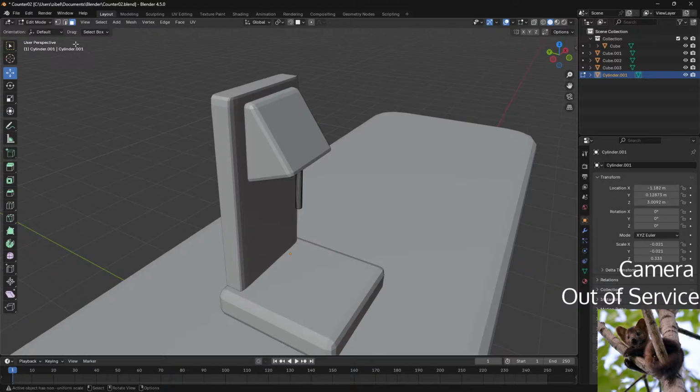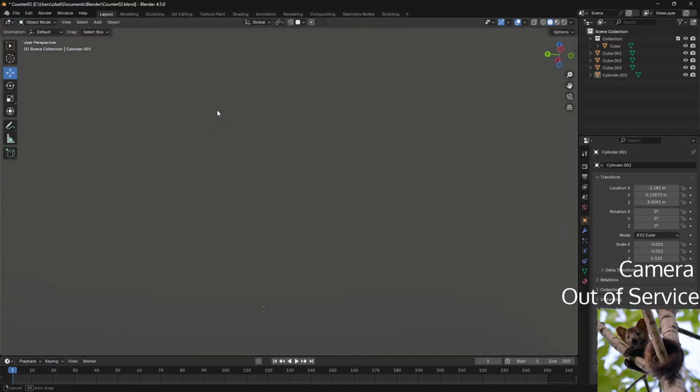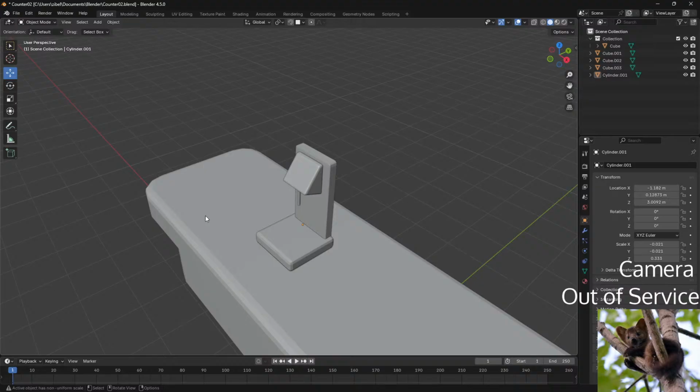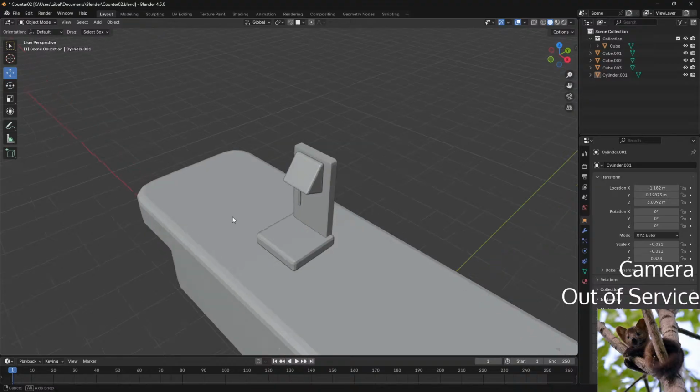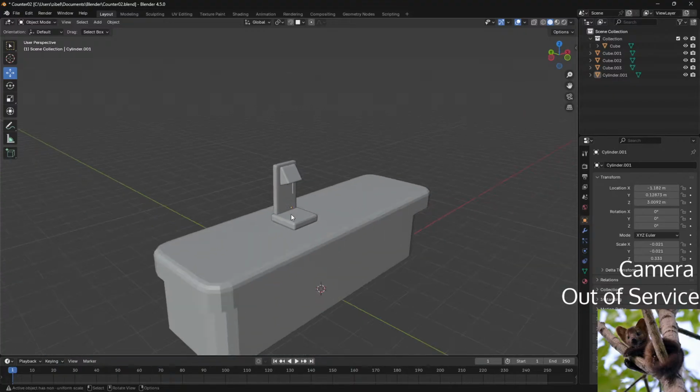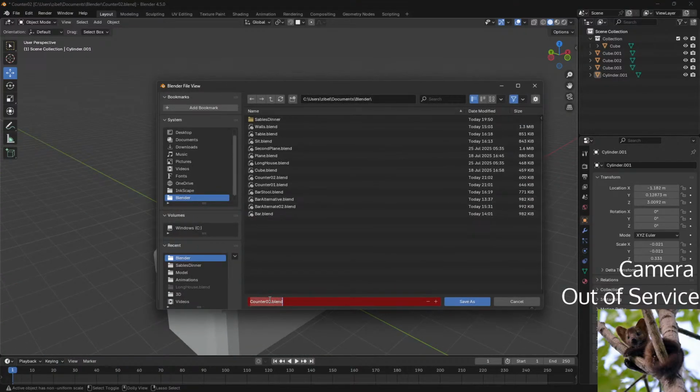And technically there it is. It would be like the milkshake machine or something. Huh. Now, what if I save this?